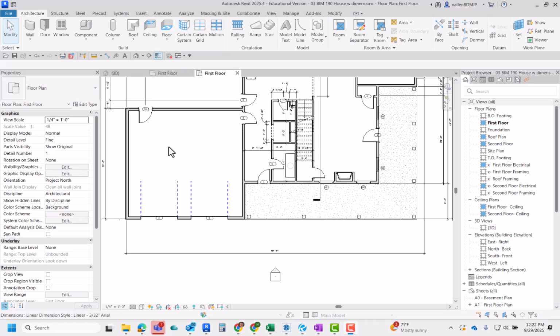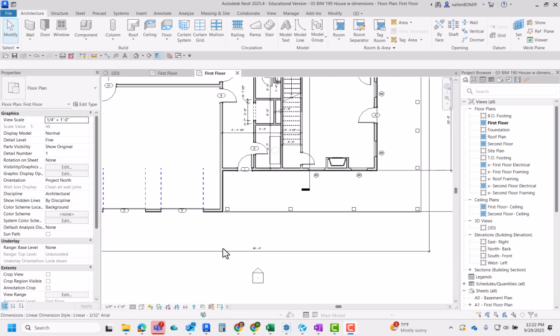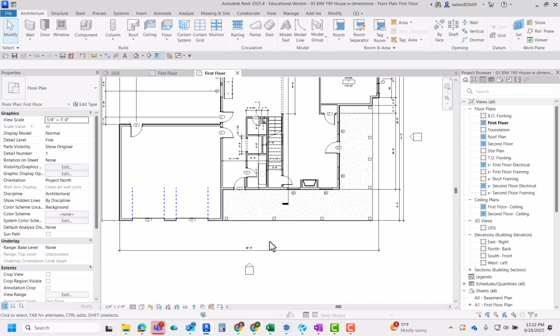I want you to watch this video to make dimensioning a little bit easier. For a beginner, dimensioning always seems to cause some challenges and some problems, and I'm going to show you some tips and tricks. So in the example here, I've got an overall dimension, which is string number 1, and the next thing will be string number 2, and we're going to pick up these bump outs, where there's major portions